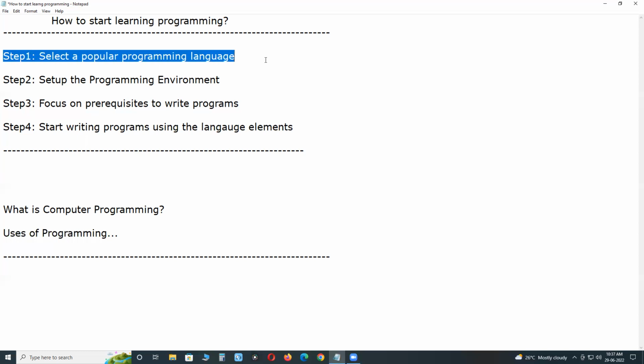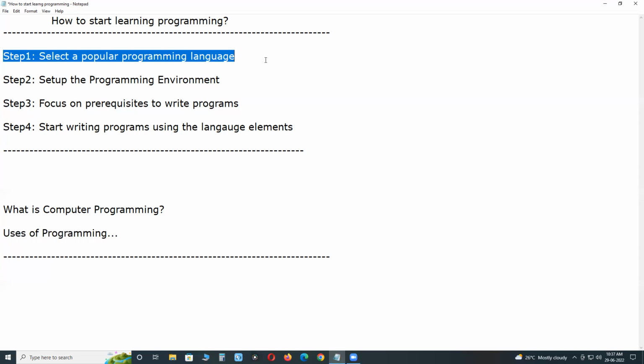Next, come to the mainstream. Select a popular programming language. Nowadays, the object-oriented programming paradigm is popular. You select any one object-oriented programming language to start learning programming.